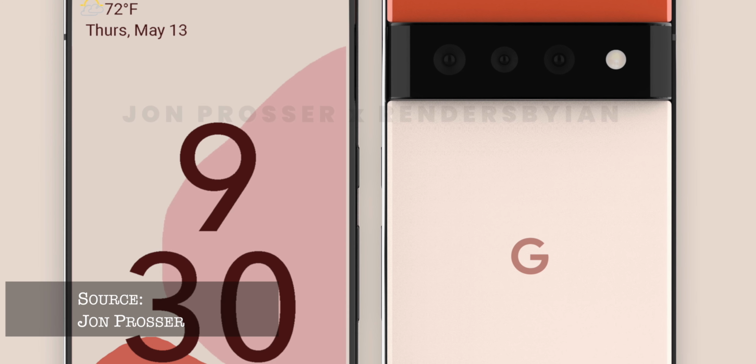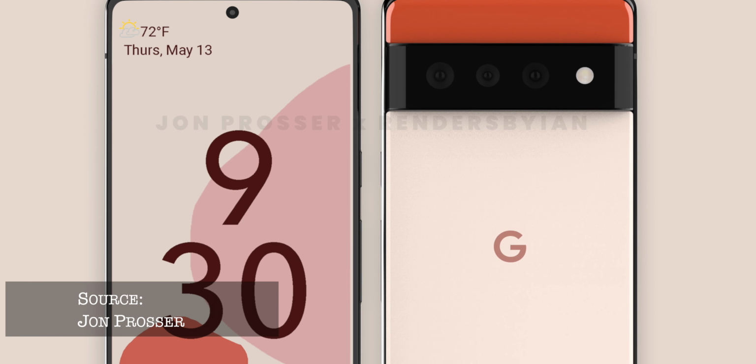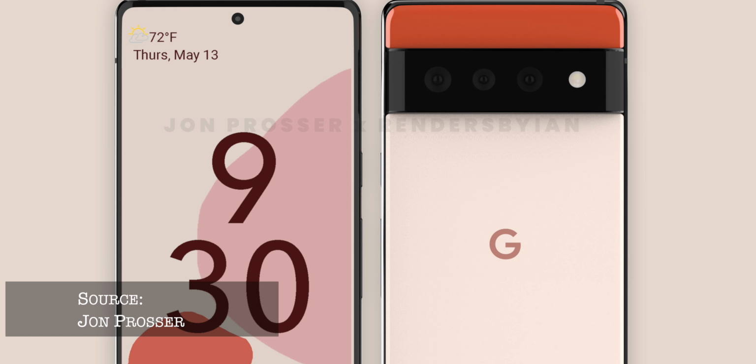And I'm not sure how big the Google Pixel 6 is, the regular one, but I'm sure it's going to be maybe 6 inches, 6.1 inches. Nothing too small, nothing too big, somewhere down the middle. The Pixel Pro, I'm just going to call it Pro. The Pixel Pro is going to be having, what is it, 5,000 milliamp battery, Quad HD plus, 120Hz display, three cameras